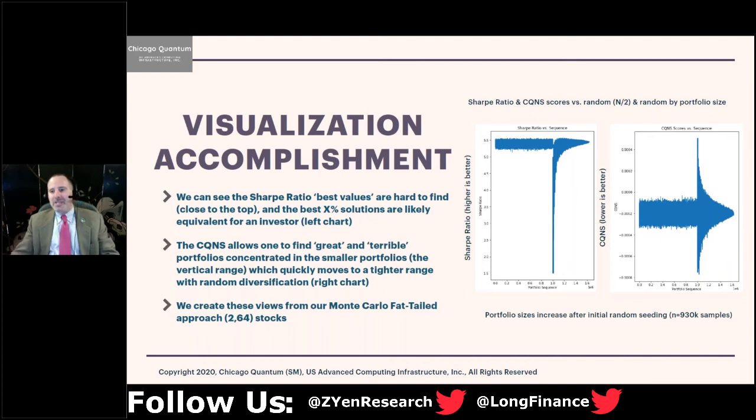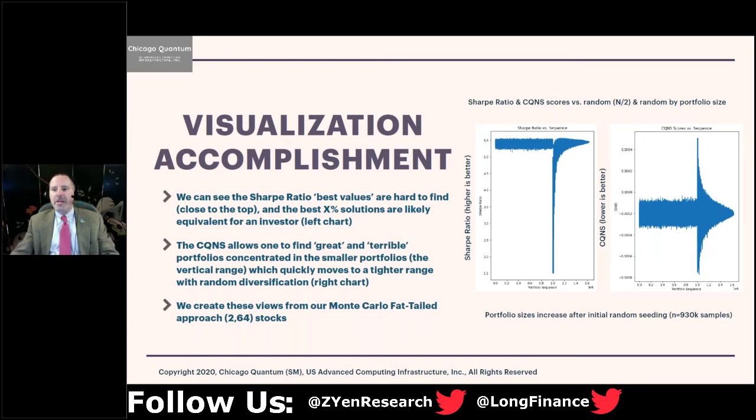And then you see in the Monte Carlo what we call the fat tail, which takes 2 portfolios, 3, 4, equally distributed across. You see that for the Sharpe ratio, there's a little bulge up in the smaller portfolios, but also a terrible, terrible set of portfolios that are small. So you really have to be careful picking small portfolios, but it's hard to find a great one.